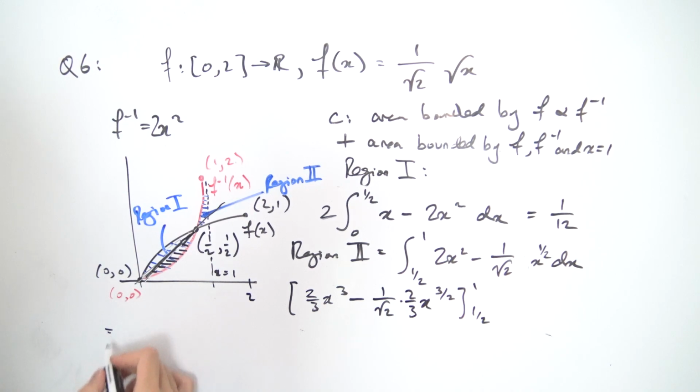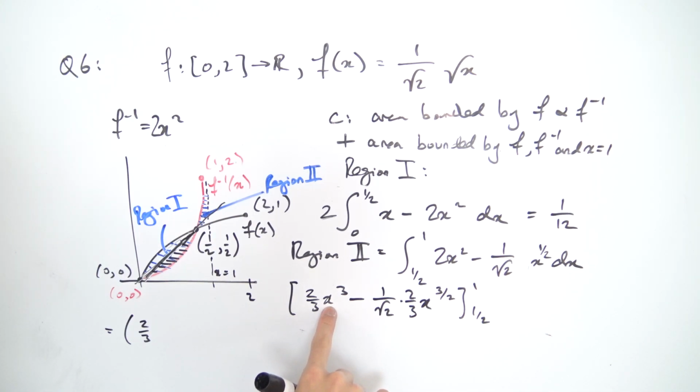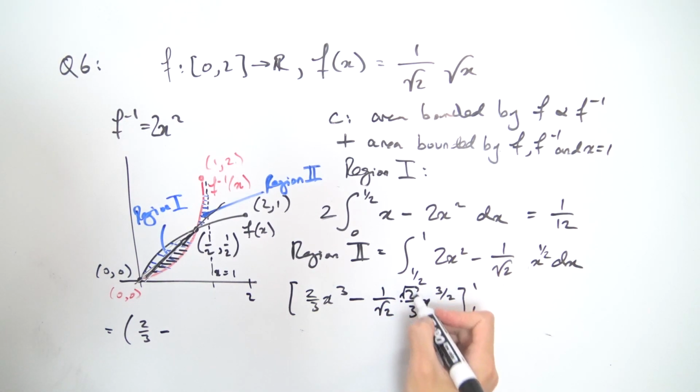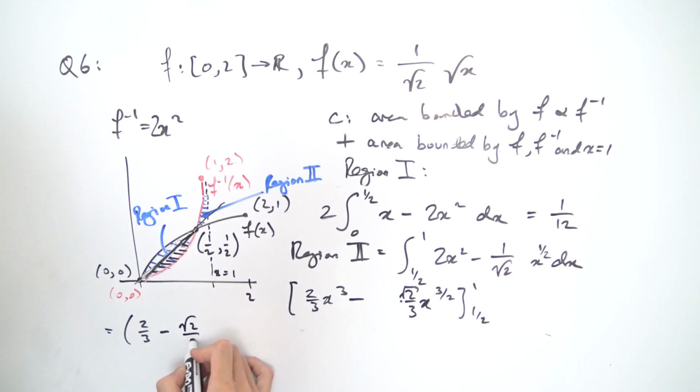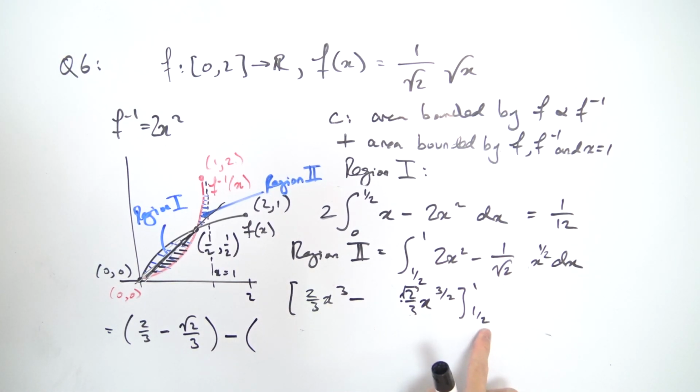And now let's see, what do we get? If we plug 1 into everything, we get 2/3 x. If you have 1 right here, 1 cubed is 1, and then minus. Now we can do some simplifications right here, because 2 divided by square root of 2 is just the square root of 2 itself, so we can ignore that. And if you plug 1 into here, well, 1 raised to anything is just 1, so we're left with root 2 over 3. So that's the first part of integration, and then we subtract off this antiderivative evaluated at 1/2,